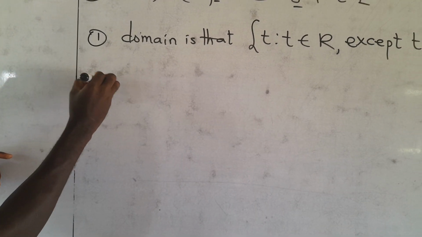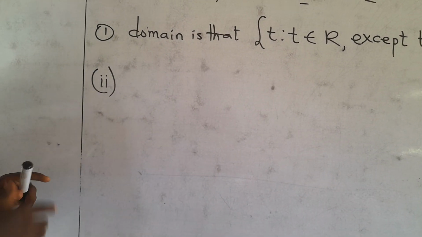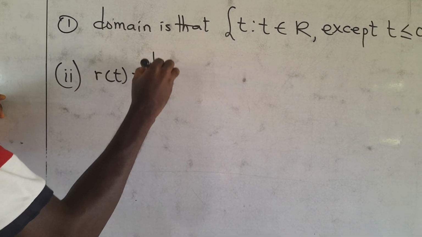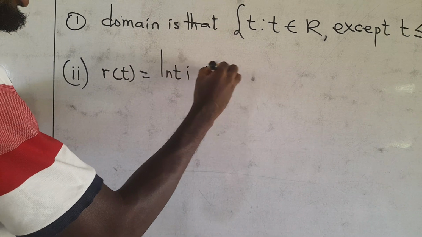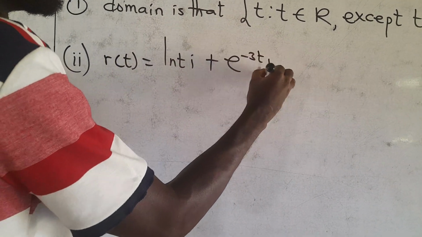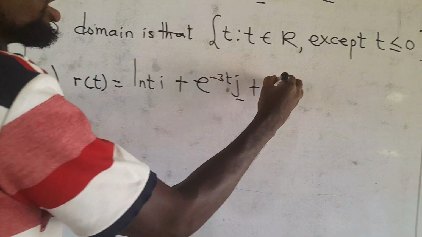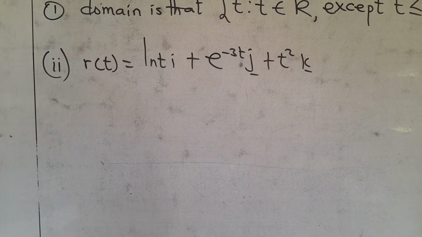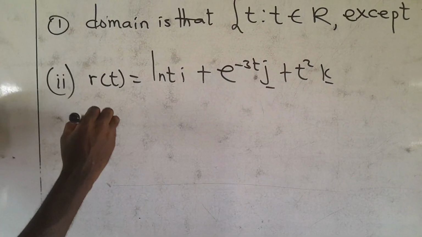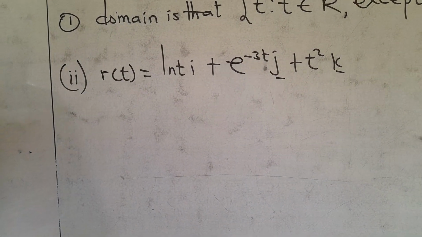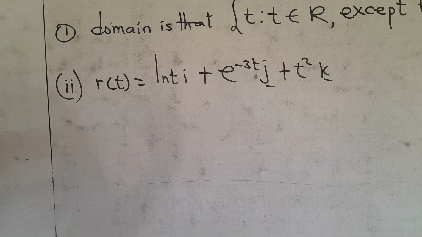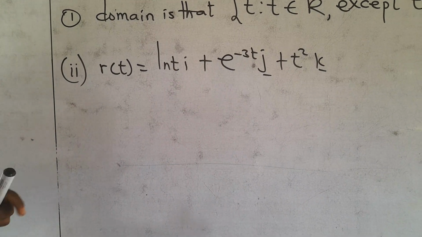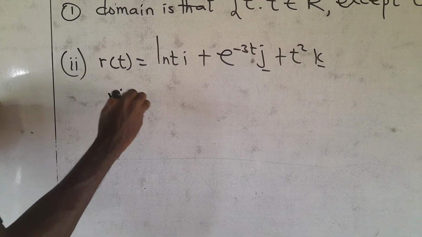Now we go to part II, which says that we should find r prime of t and r double prime of t. So remember, our r of t is equal to ln t in the i direction plus e to the negative 3t in the j direction plus t squared in the k direction. Please do check out my videos on the derivative of vector valued functions on YouTube. When we are finding the derivative of a vector valued function, we differentiate it term by term, with respect to their directions. So we say our r prime of t will be equal to